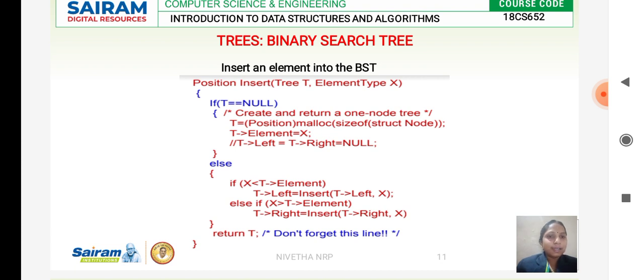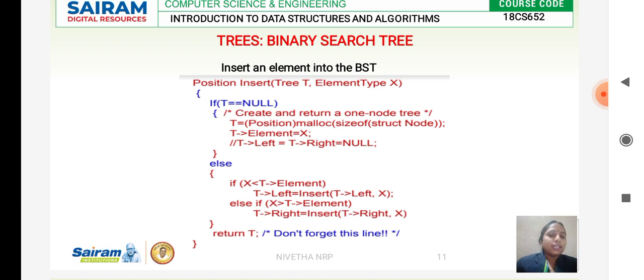Else, in the else part, X is the element to be inserted. If X is less than T of element, where T is the root node, then we will be traversing towards the left and inserting the element towards the left.